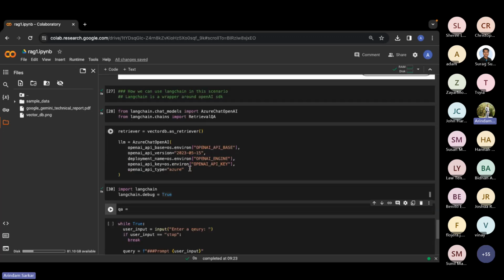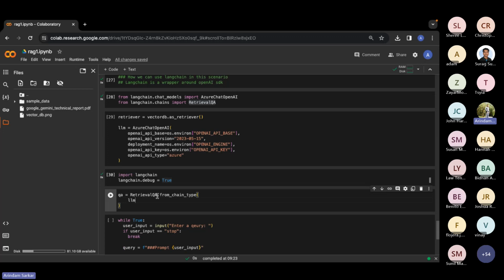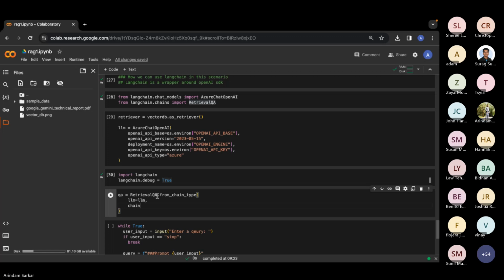You remember we imported this retrieval QA, so we need to initiate this one as well: Retrieval QA from chain type. First, here we need to pass the arguments, right? So I'll just explain.